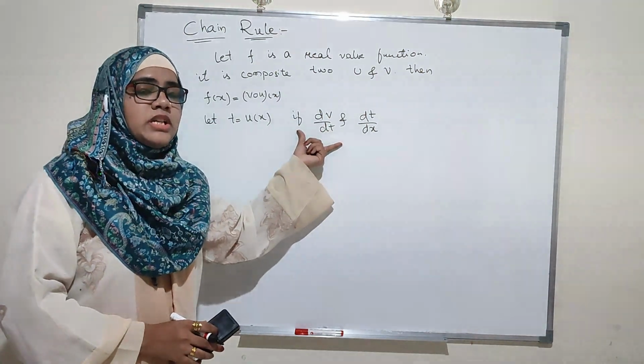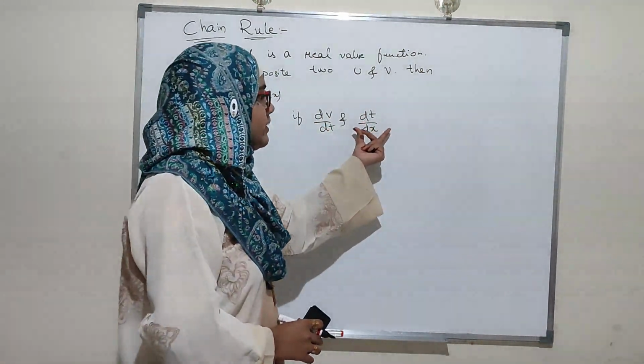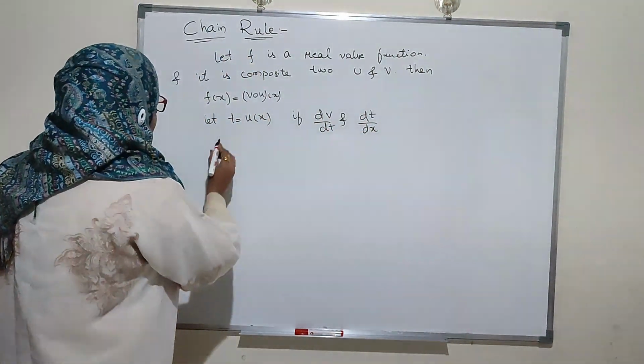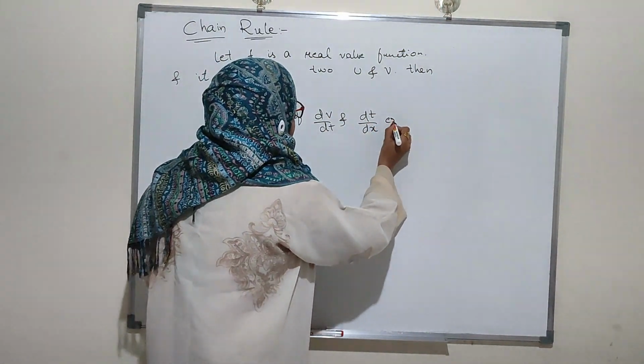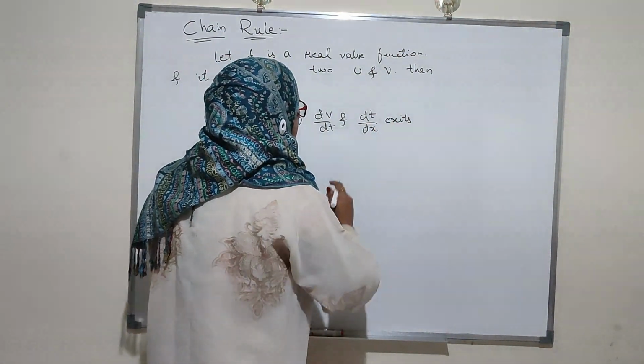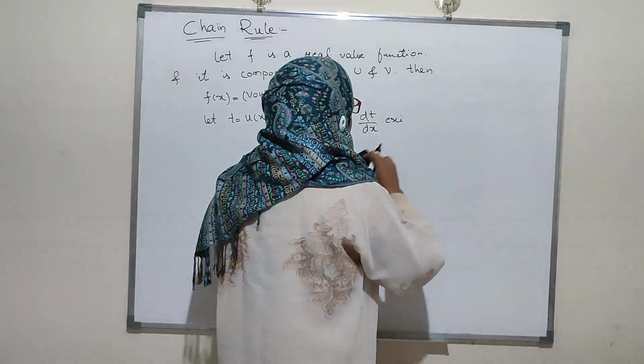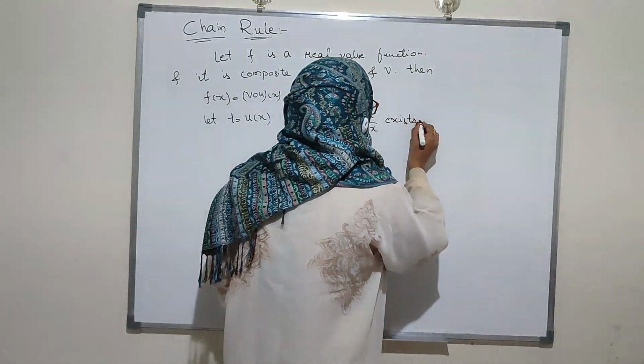That's why we are differentiating v with respect to t and t with respect to x. Then if this exists here, then